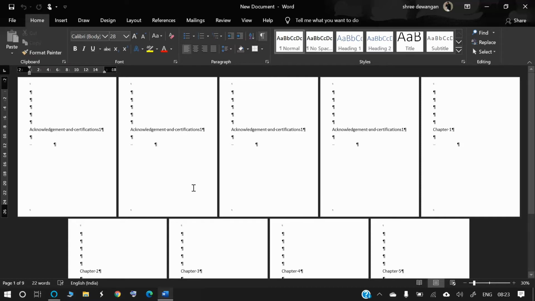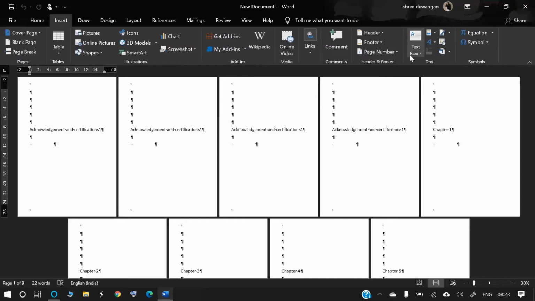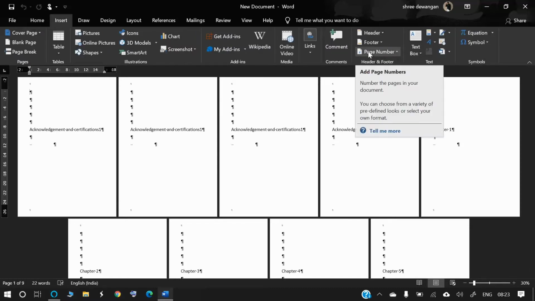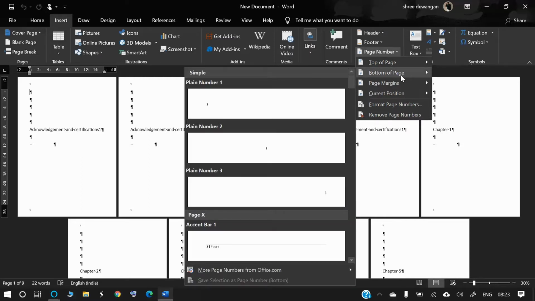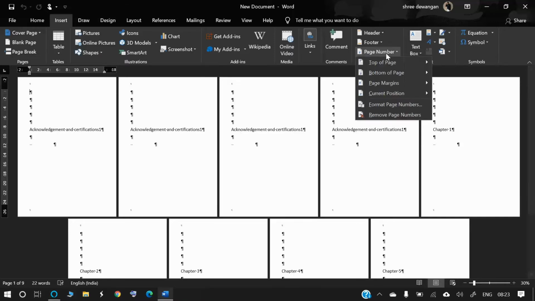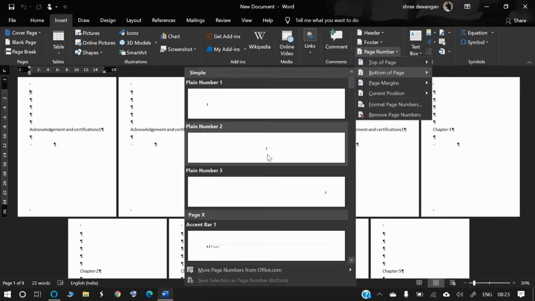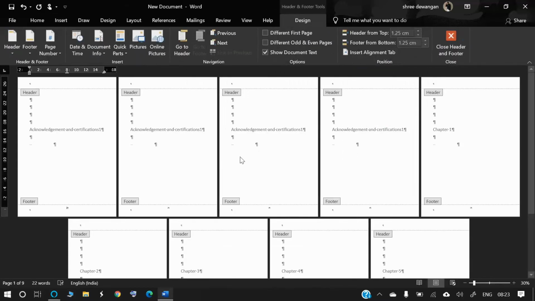Let us see whether the page number can be set in both styles or not. Go to Insert and go to Page Number, select the bottom of the page and click on the second option.